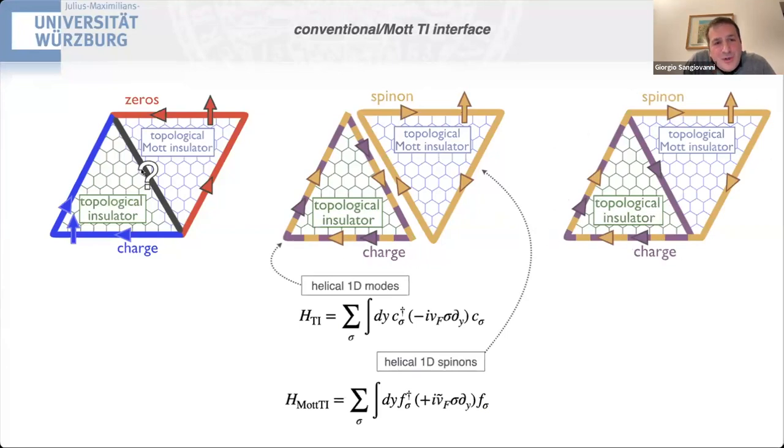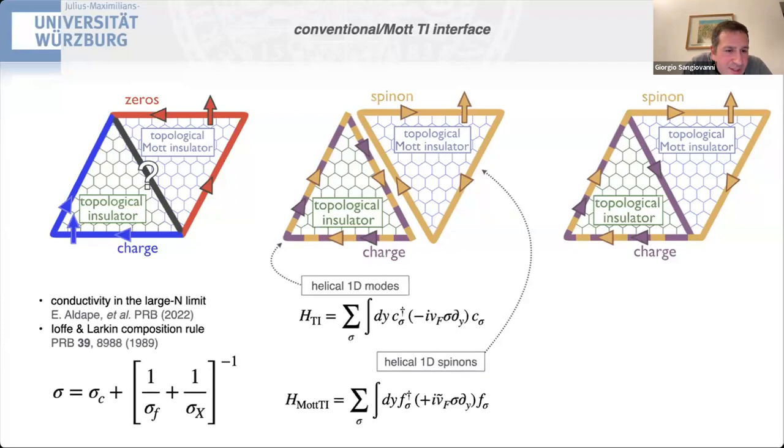So here we were not seeing the physical electron because essentially this macroscopically phase separates in a way that the spinon travels further all the way around the topological Mott insulator, whereas the charge remains here in the TI side. And this is consistent with the Ioffe-Larkin composition rule that you can work out in this case